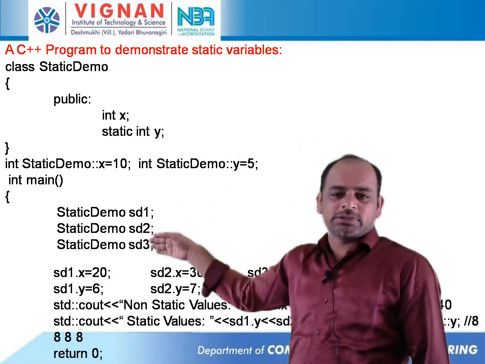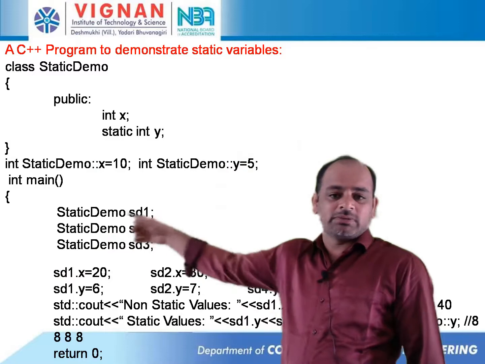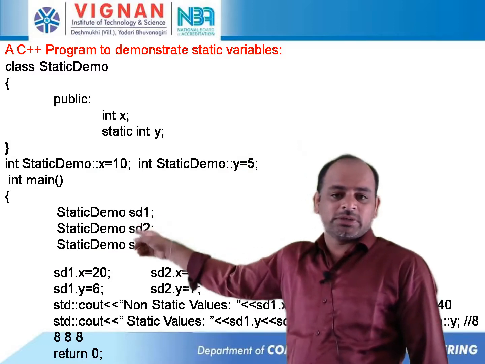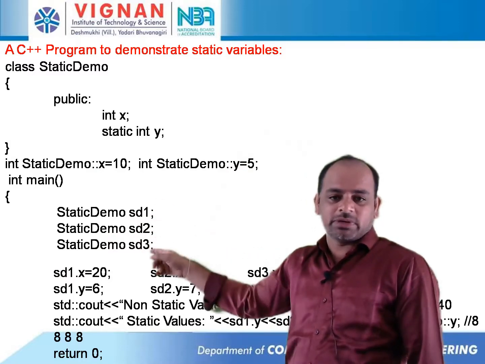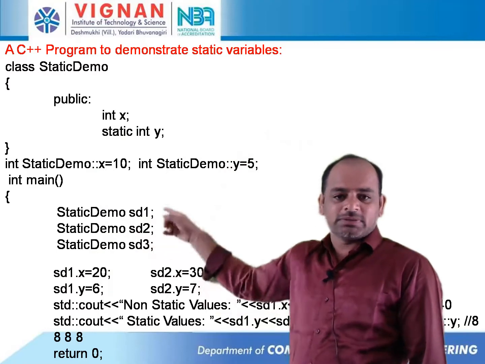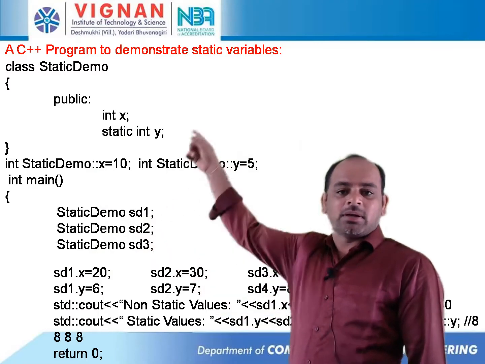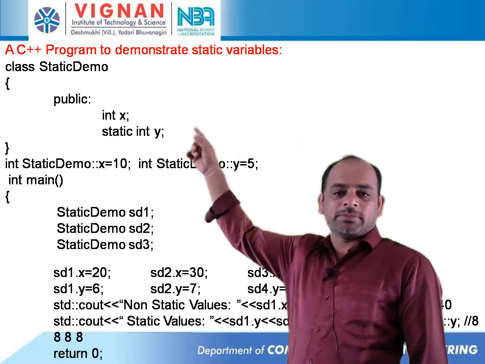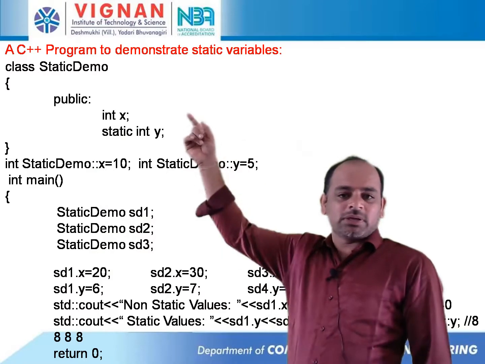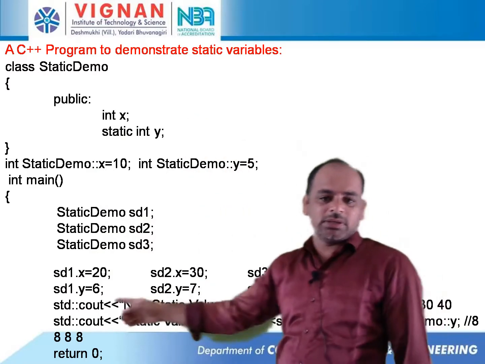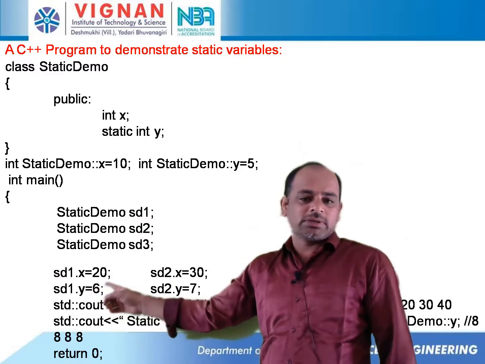Let us create objects here. How many objects have we created? StaticDemo SD1, SD2, SD3. Three objects we have created. By using these three different objects, we call the members of the class, static members and non-static members. What is the non-static member? x. You can see here, SD1 dot x equal to 20,